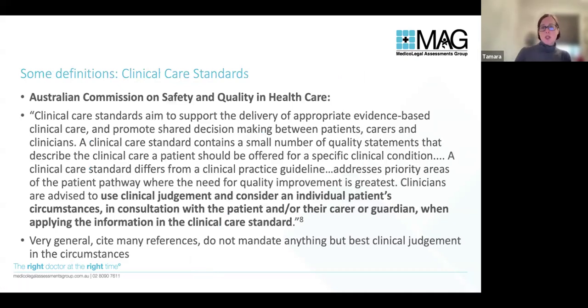There's a body, the Australian Commission on Safety and Quality in Healthcare, and you can access their clinical care standards really easily at safetyandquality.gov.au. And they have a number of them, not all of them particularly relevant to me as an anaesthetist. And those standards are sort of at the high level of organisations. So they have an epidemiological or an umbrella sort of role to compile clinical evidence and talk about what the best way to manage a certain clinical indicator is. So they address the pathway, but they do emphasise using clinical judgment. And as we go through some of these definitions, you'll find that there's a great deal of overlap.